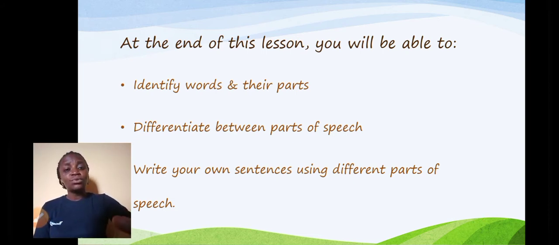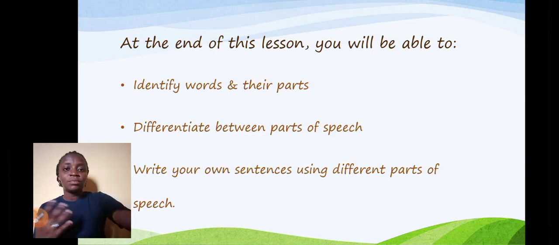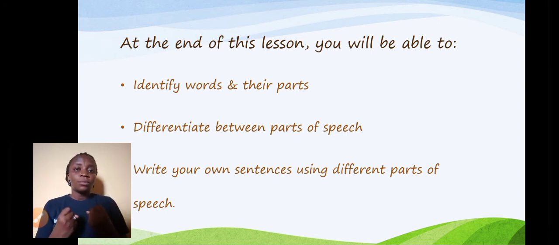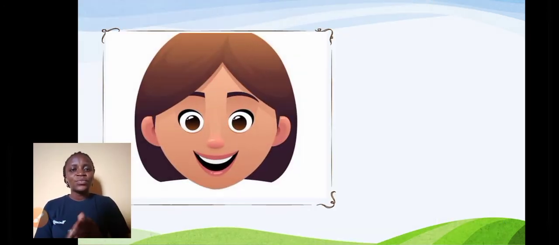And you will also be able to write out sentences of your own using these different parts of speech, meaning that when you make sentences, you'll be able to identify the parts of speech that the words you used in those sentences belong to. So our first on the list of our parts of speech, drum roll, is